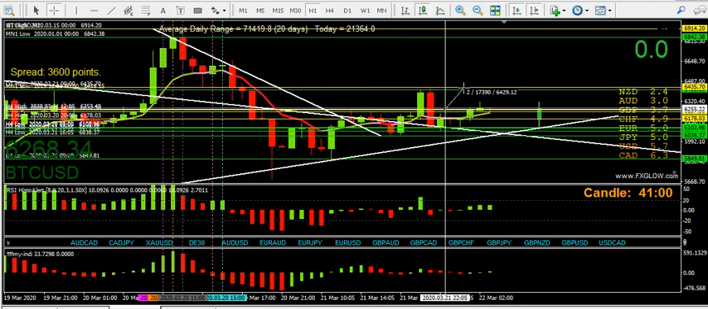And let's have a look. 17,000. So once the spread's taken out of account, you've still got 14,000 or so pips of potential profit to that level. So